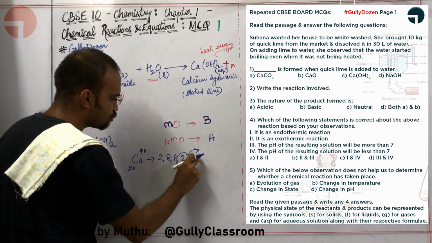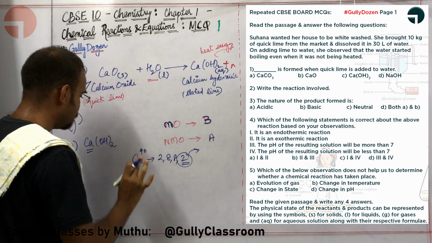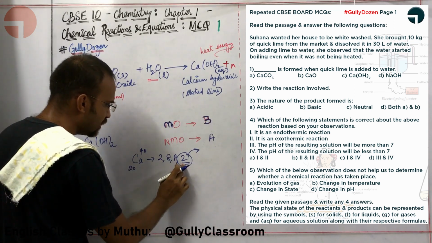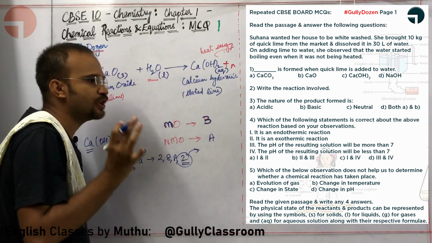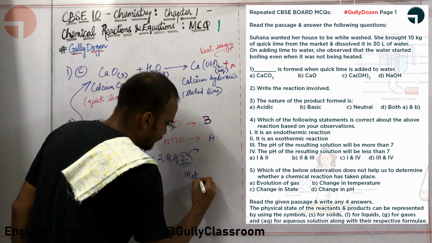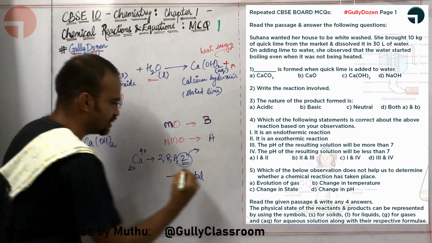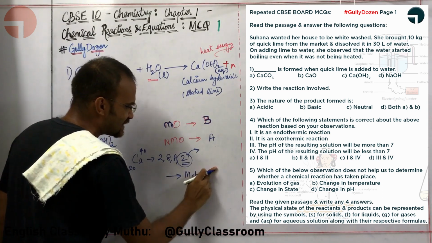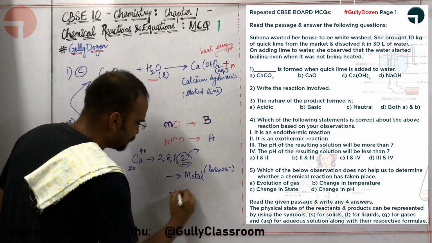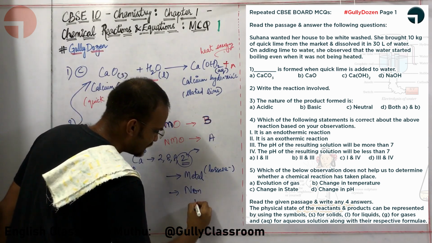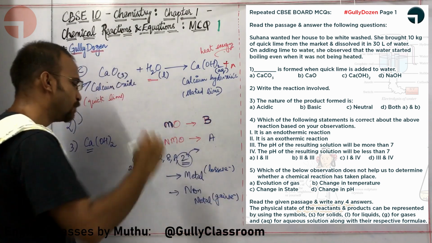Calcium loses 2 electrons in order to gain argon configuration, which is 2, 8, 8, which means calcium is losing electrons to gain a noble gas configuration. When a substance loses electrons to gain noble gas configuration, it is usually a metal. Let me repeat: a metal loses electrons to get noble gas configuration. A non-metal gains electrons in order to get noble gas configuration.